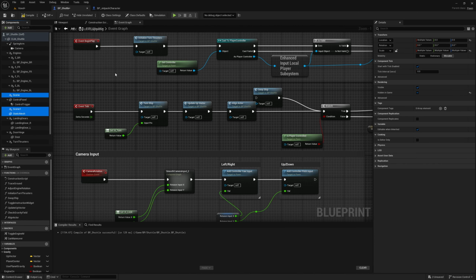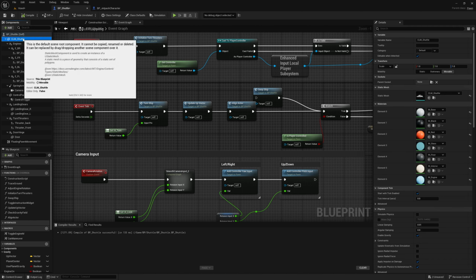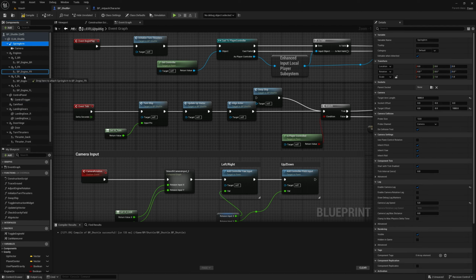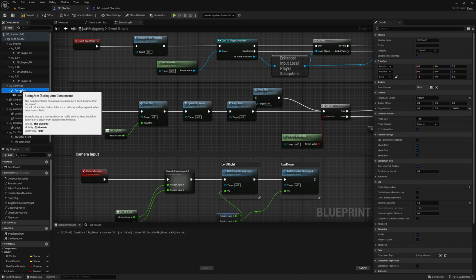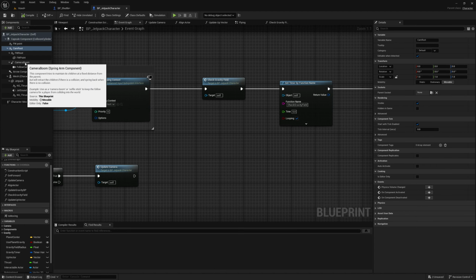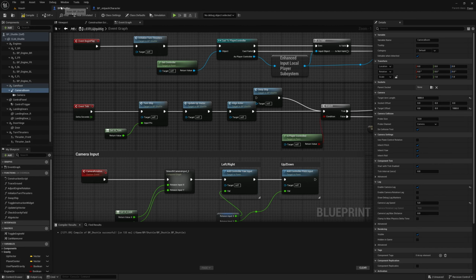Oh, they are pasted as scene components. Right, but if I paste one by one, it seems like it's working. So camera root in the 0, and I will drag and drop spring arm and the camera under the camera root. This in the 0, and I'll name this camera 2 because that's the name we have used for the character. And we need forward root under the camera root,